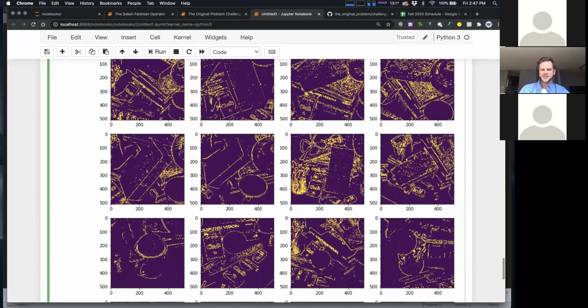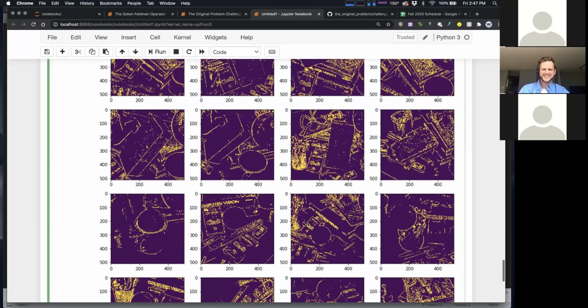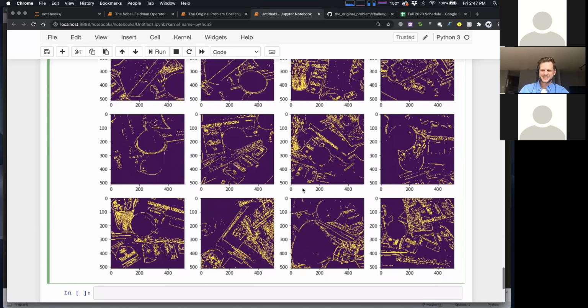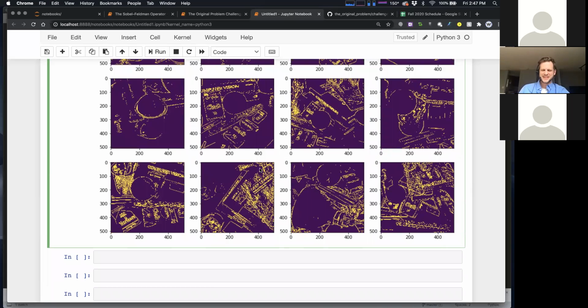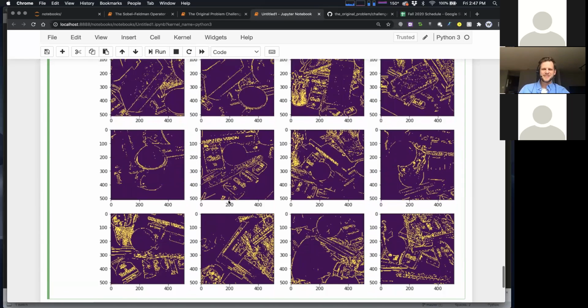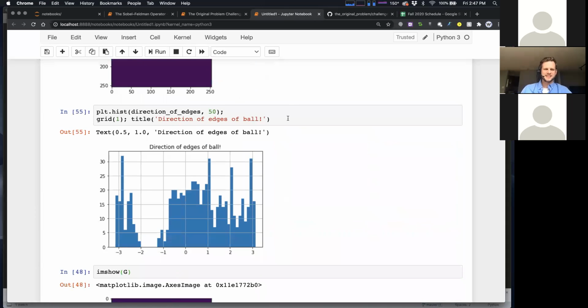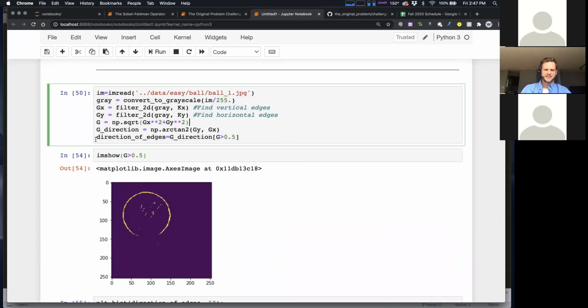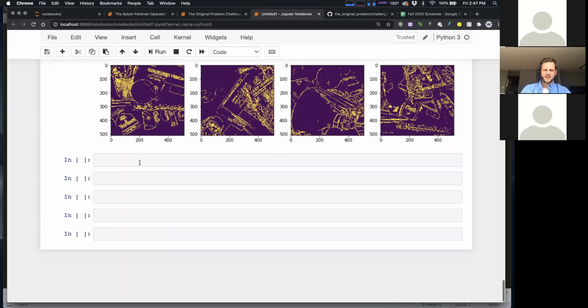Okay, so look at this mess, right? Look at this craziness, right? So hopefully that's what you wanted to see, Austin. This is pretty crazy, right? So you see some details going on there, but yeah, pretty crazy, right? So if you could imagine, let me just do it for fun, right? Let's do this direction of edges thing on one of these. I don't think there's going to be any kind of signal.